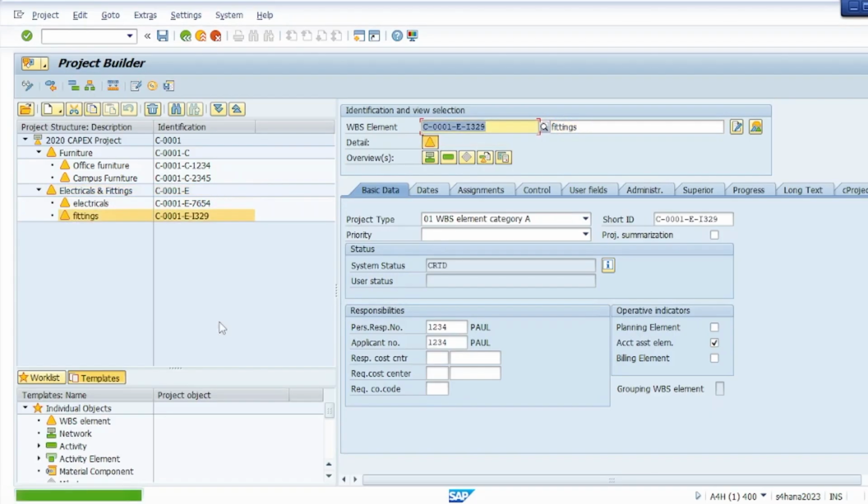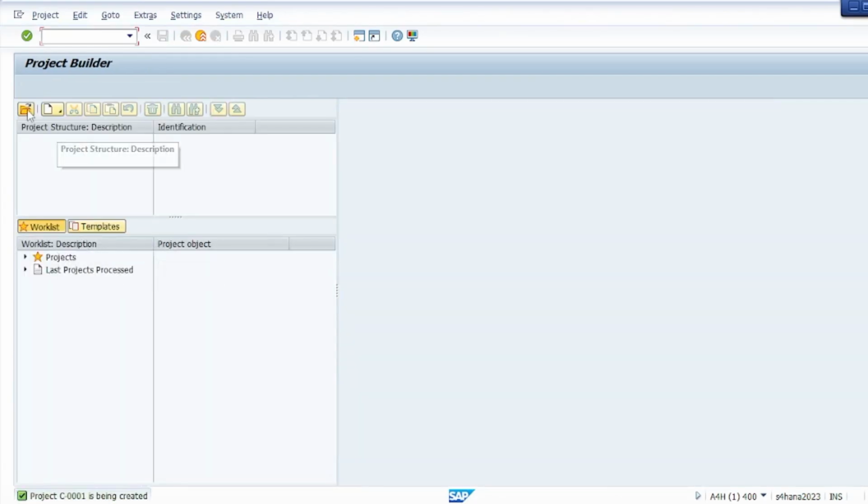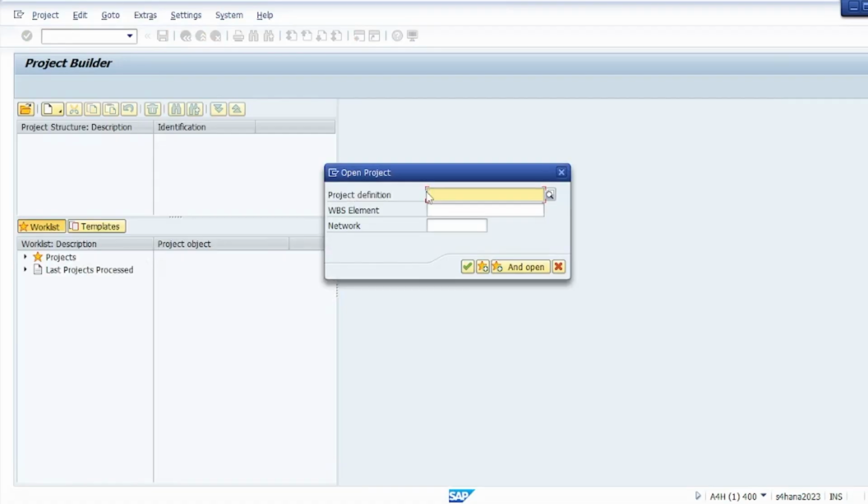Fittings, and I'll just save this. Hopefully it gets saved. Yeah, we're good. I'll just open the project again,